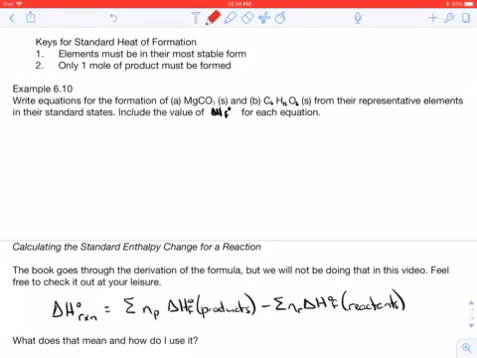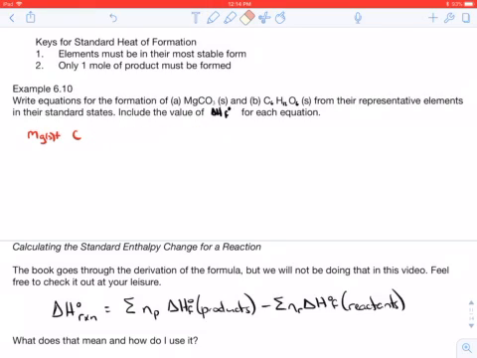So what we're trying to do is form 1 mole of MgCO3 solid, and it's got to come from its elements. Let me slide this over just a little bit. The elements that make it up are Mg, C, and O. So, let's check this out. We've got 1 Mg. Mg in its natural state, if you look at the periodic table, is solid at room temperature, and